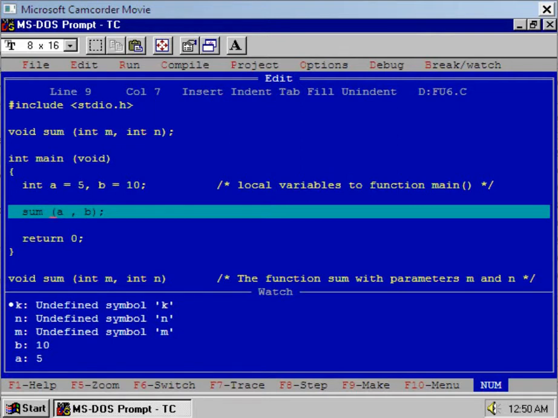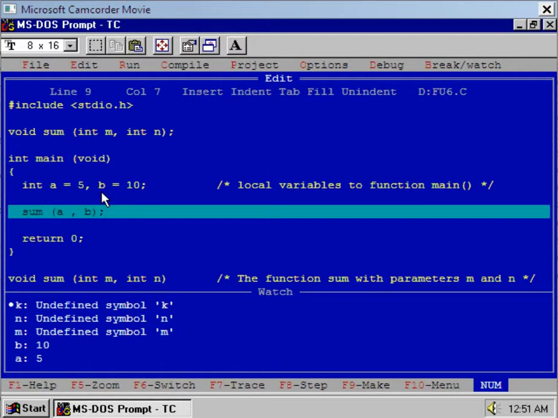The values of A and B are displayed at watch, but the values of variables M, N and K are not displayed. Watch is saying that these values are undefined. Why is it so? This is because the variables A and B are local variables to function main.